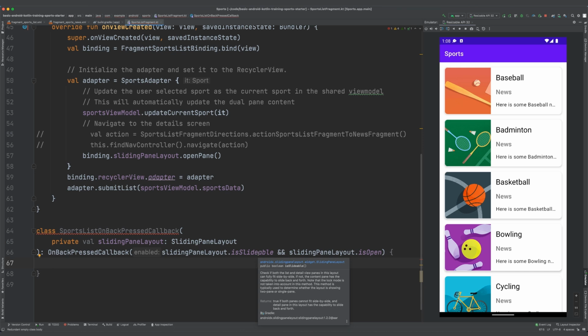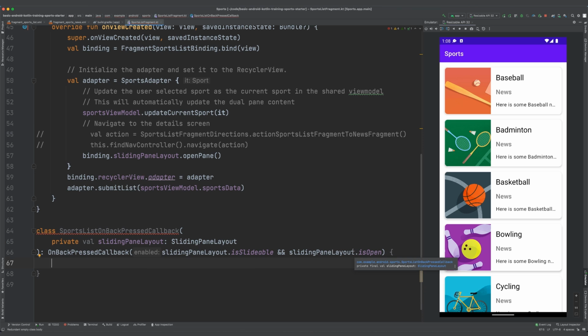The isOpen will be true if the details pane is completely open. So we want to enable it when it is not side by side and the details pane is open.